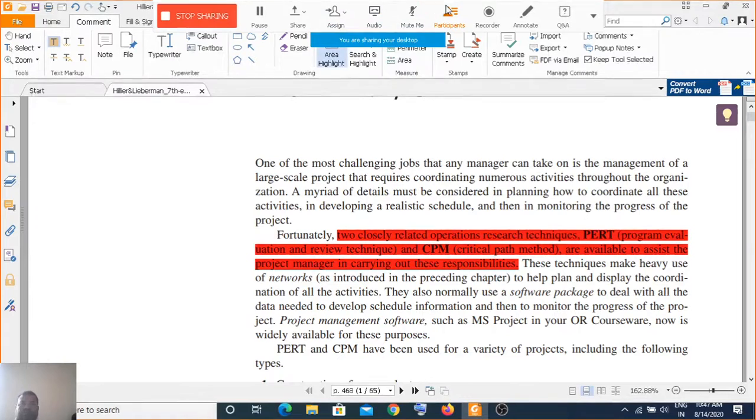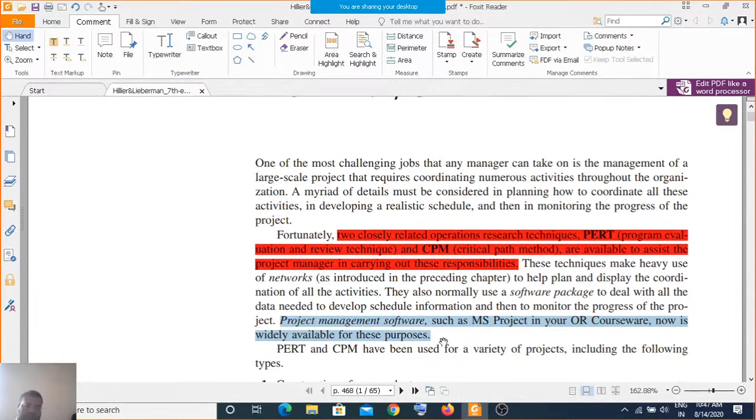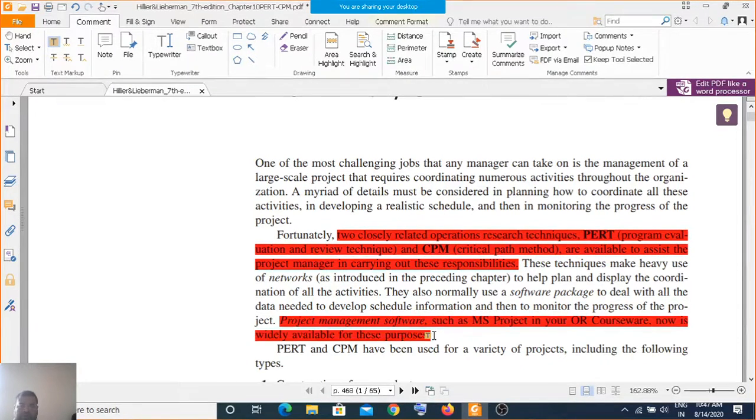Let's see what PERT and CPM actually do. Project management is widely used for this purpose.